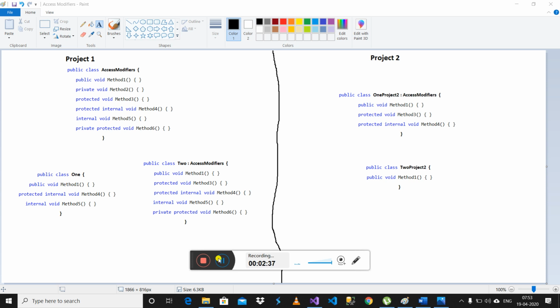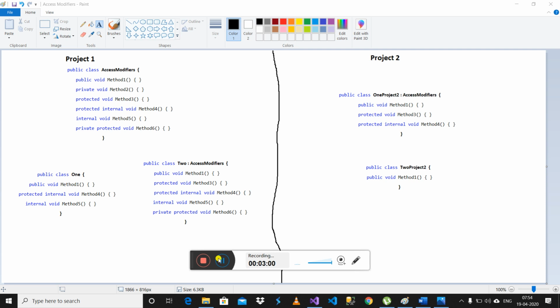But internal says that the member function or member variable can be accessible within the same assembly. So it is the combination of both. When we use protected internal, it can be accessible from the same assembly, in inheritance, as well as in the other assembly with inheritance.